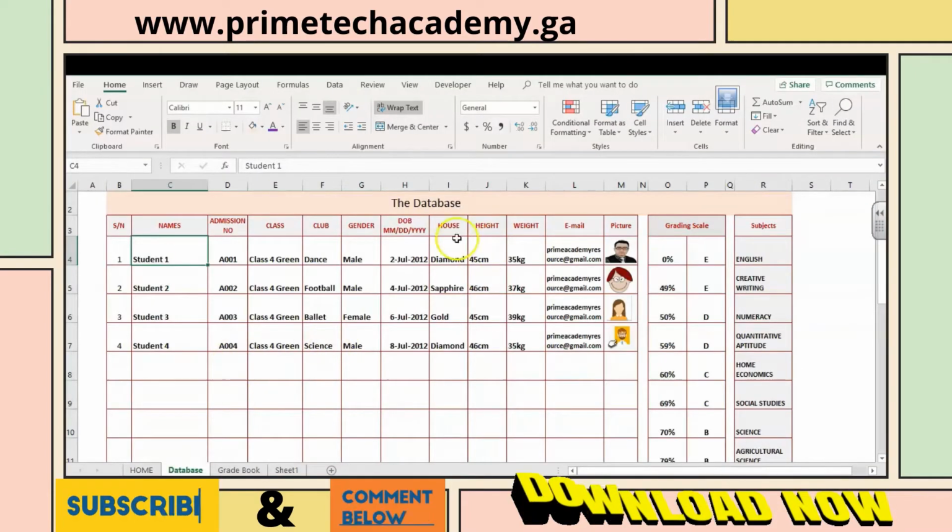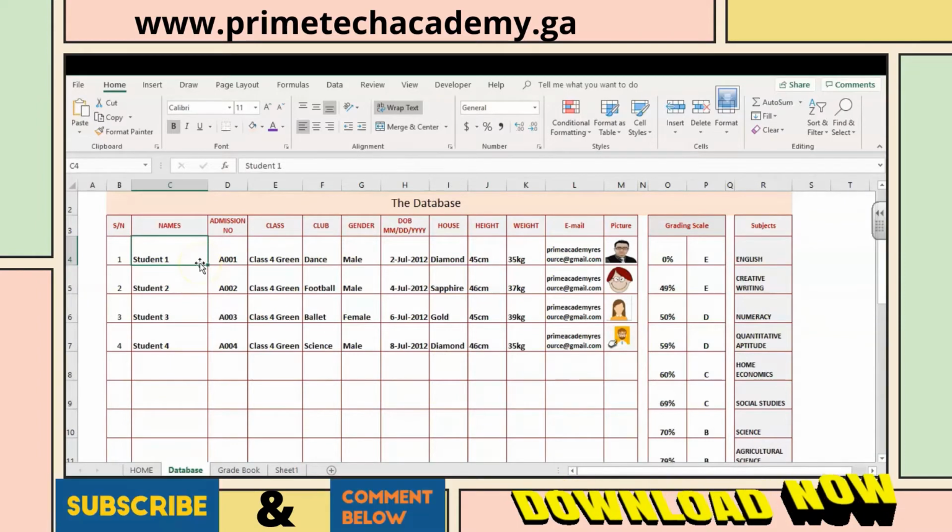So the database stores the data of the students. As you can see here, we have name, admission number, class, club, gender, up to pictures. On this table, we have inputted some names and the corresponding records. So one thing we want to learn here is,